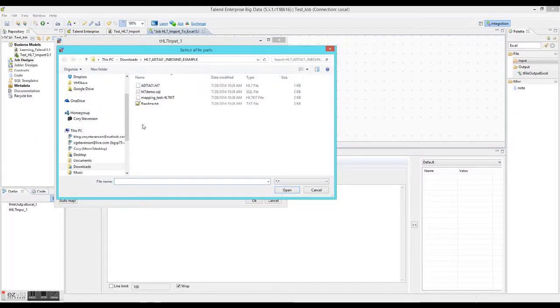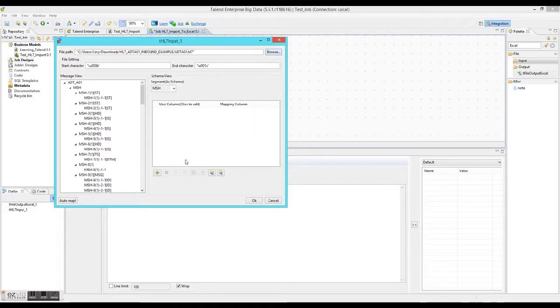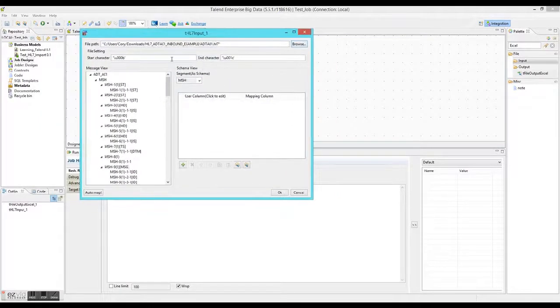Going to open the input, browse to an HL7. I have an ADT A01, which is a new patient admit form. As you can see, it automatically parses the HL7 message. I'm only going for the new patient information, so I need to change my schema, drag this map over,